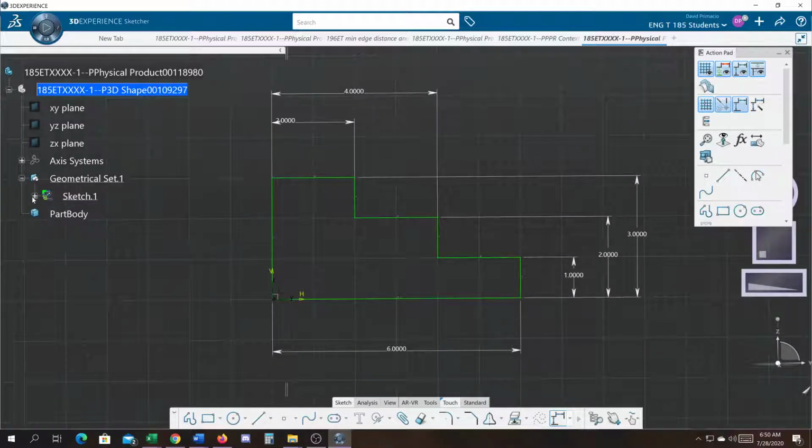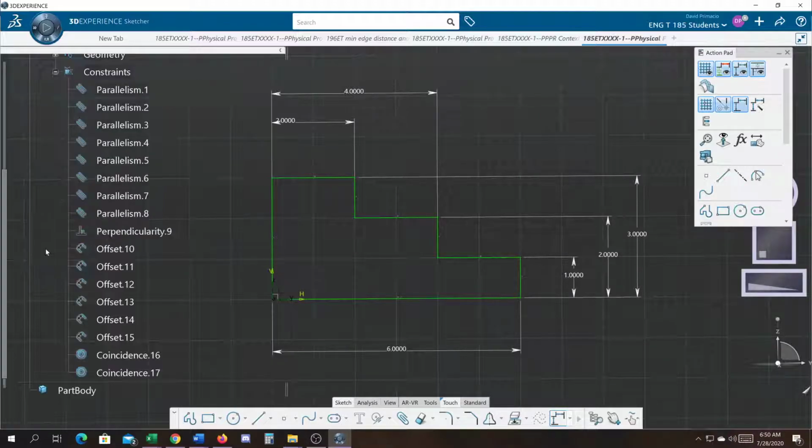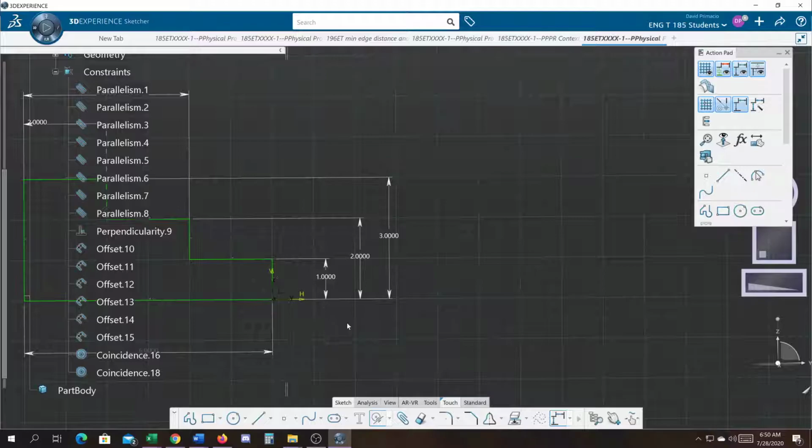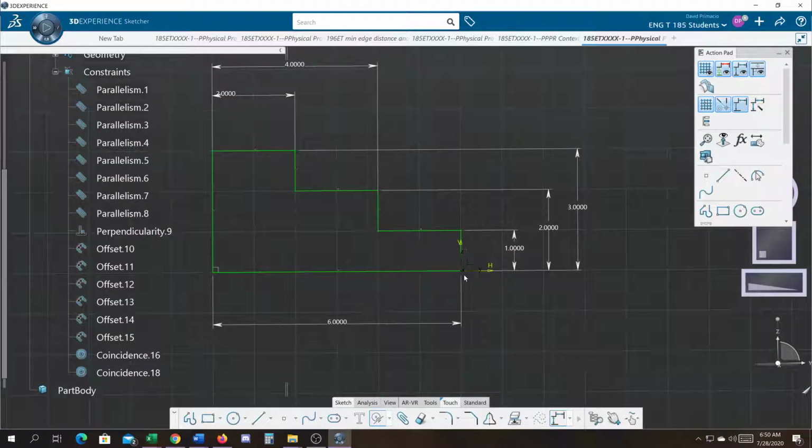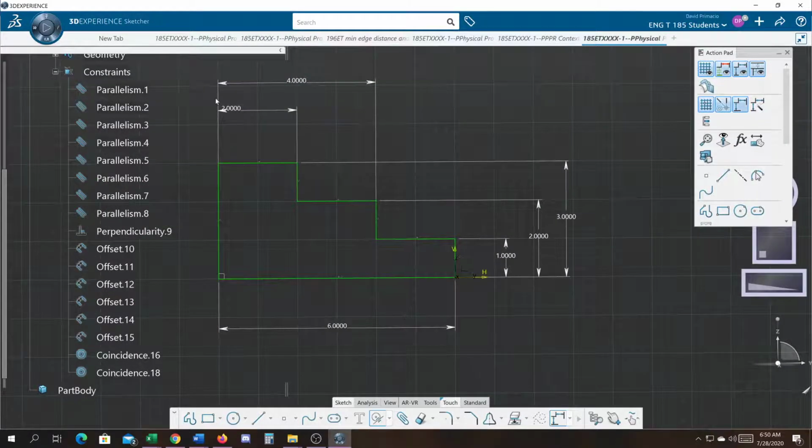So on this example, I could always go back to my last coincidences I did and delete them. Okay, or I could pick this coincident and delete that, and then switch my datum edge to this surface by coinciding that edge to this vector. And now I've got my datum over here on that corner. Okay, if I delete this,